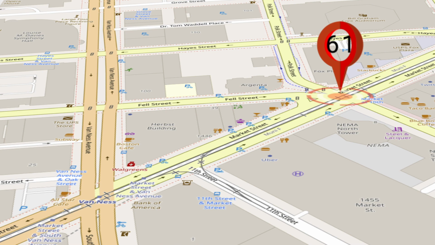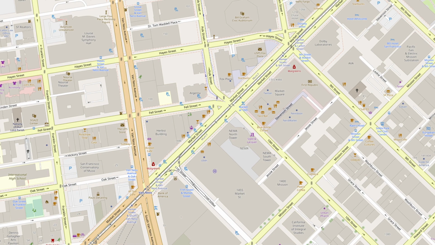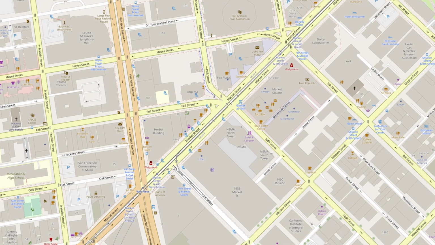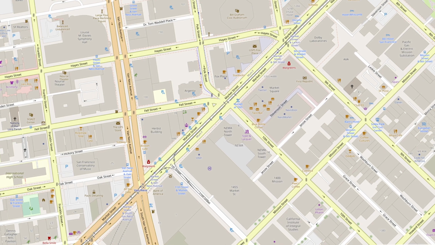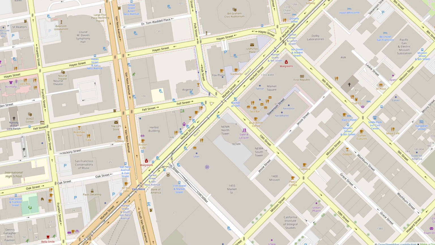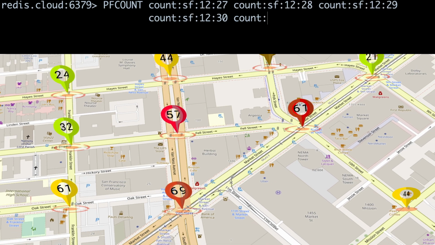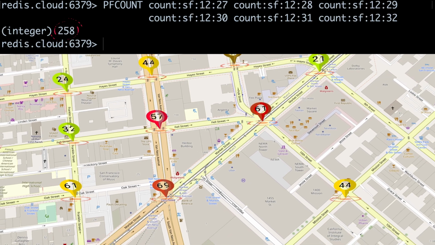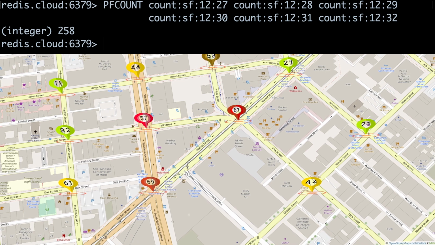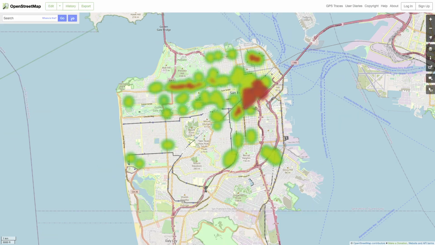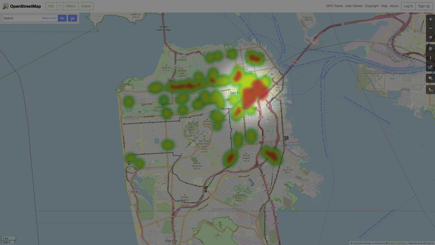What if we need to zoom out on our heat map to see a coarser grained view at a neighborhood level? To do that, we'll need to consider data stored in several HyperLogLogs. pfcount lets us do that too. When we pass multiple HyperLogLog keys to pfcount, we get a count representing the cardinality of the union of those HyperLogLogs. Our command would be pfcount followed by our intersection keys. This will give us an approximation of the number of distinct vehicles moving around a larger area on our map. Yeesh, don't go to Civic Center during lunch hour.